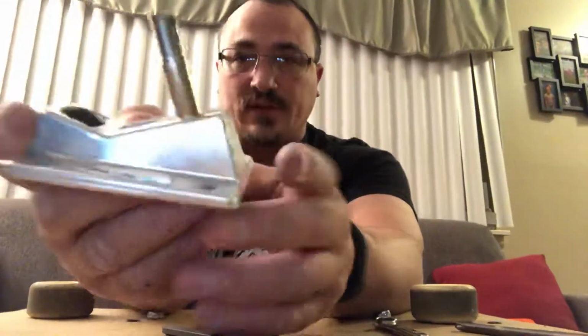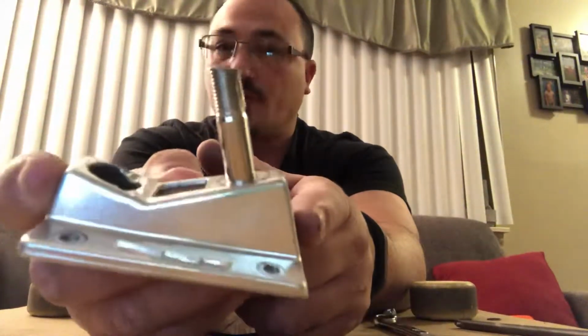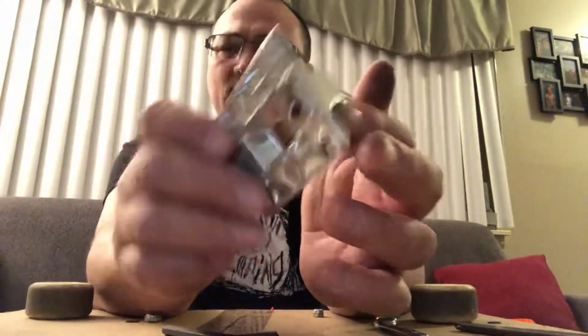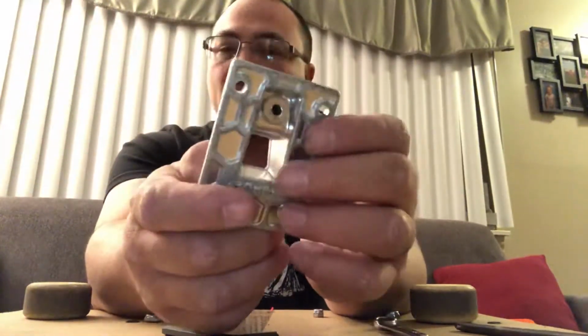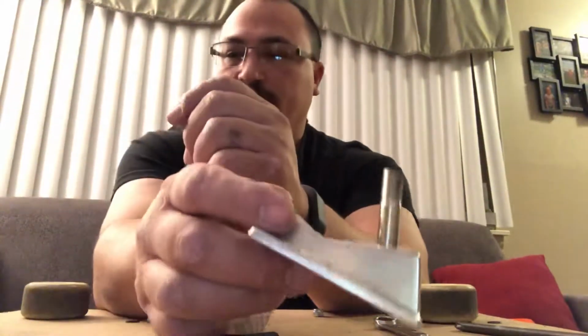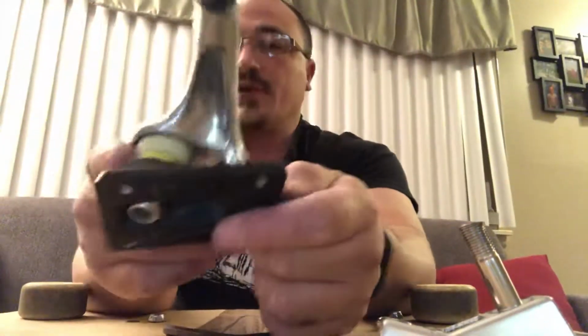Now, as you can see, if you look here, I smashed the hell out of this kingpin trying to get it out. And it didn't budge at all. And I actually read online, and there were some other people that just talked in general about breaking kingpins on forged and not being able to get them out. It's completely smashed. So what I ended up doing is getting the regular base plates